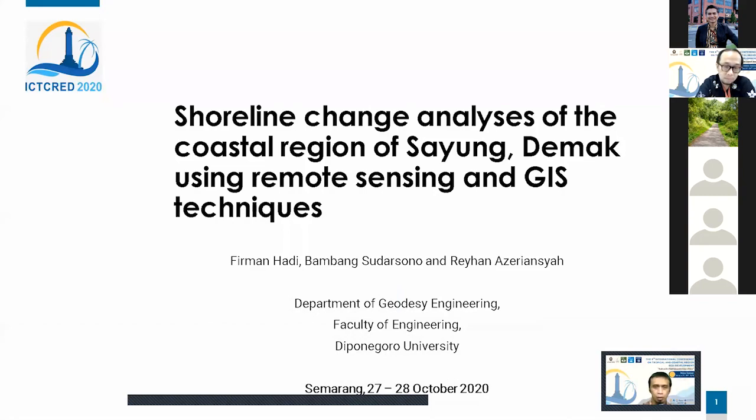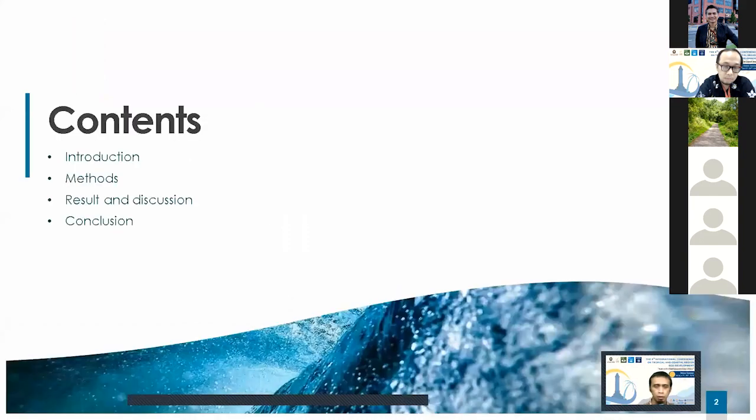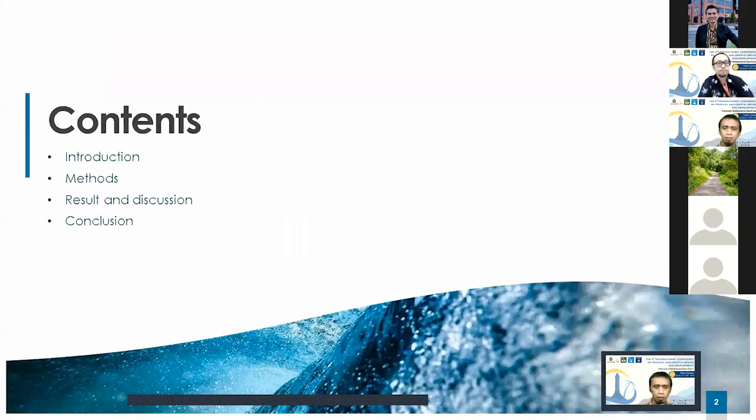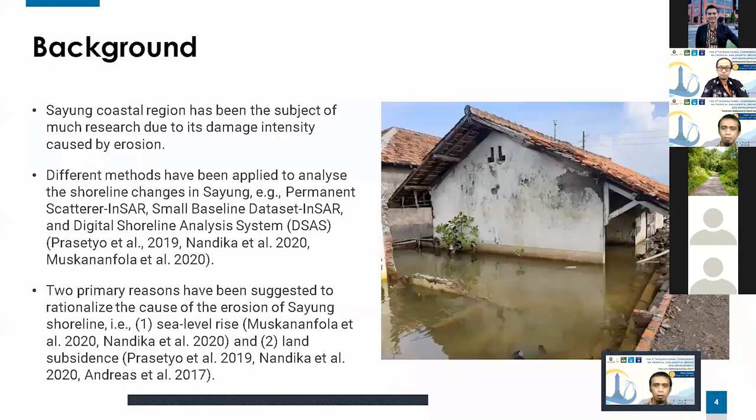So our title of the research is Shoreline Change Analysis of the Coastal Region of Sayung, Demak, using remote sensing and GIS technique. The content of our presentation is introduction, method, and we will explain about current result, and we will reach the conclusion. So basically,